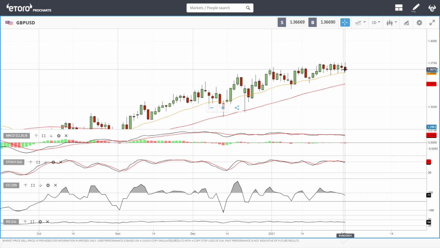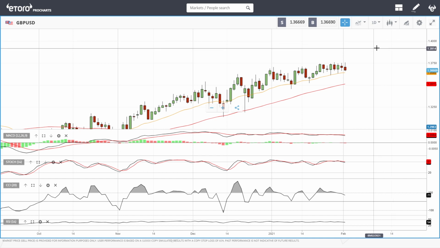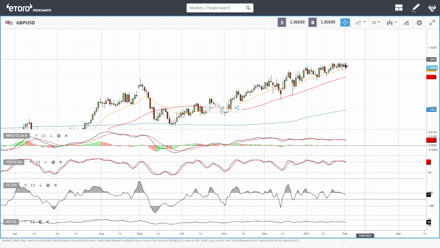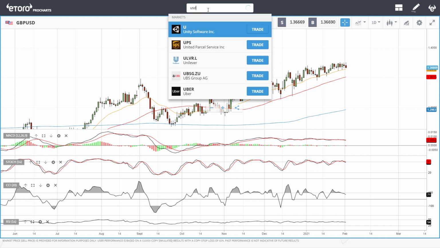But at this current stage, rallies are expected basically from the 20 exponential moving average. Target here is these previous highs. First of all, 1375. After that, we are going towards all the way up to 14. So that is in the long run. We are slowly going towards this level here, and that will probably take a month or two in order to get to those levels. So let's go and look at the US dollar yen.